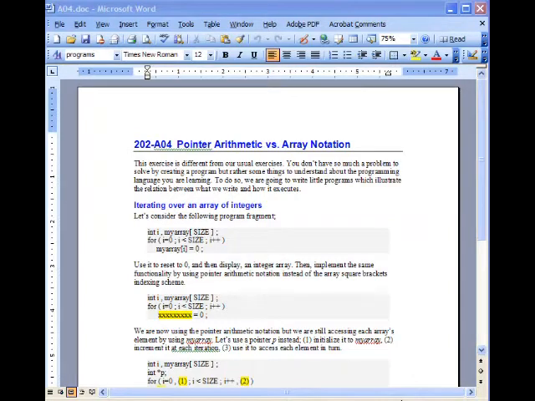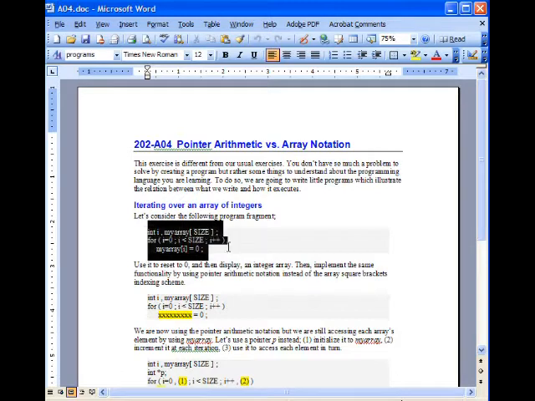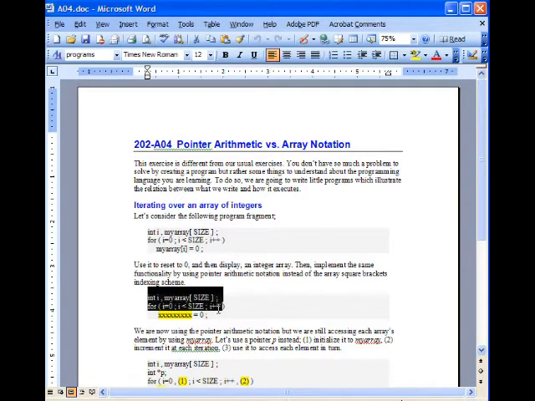A04 deals with pointer arithmetic and array notation equivalence. So this is a very simple exercise that is just going to review how both notations can be used interchangeably. You are given some code here that uses array notation on an array, and we are going to modify it first only on one spot, so that we use a pointer arithmetic notation, still based on the name myArray here. So we are going to modify this notation from array notation to pointer notation,